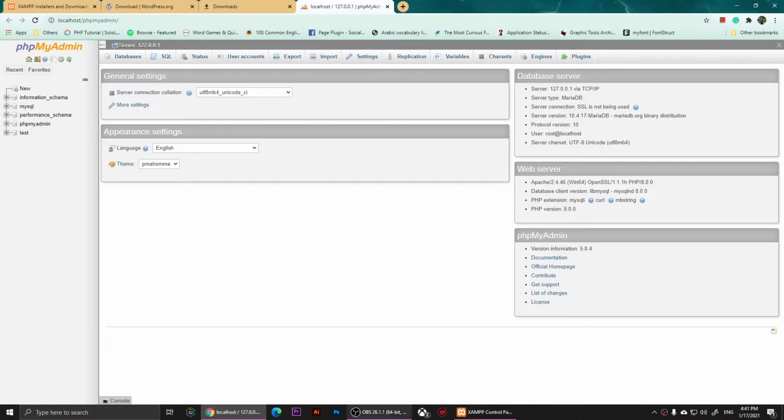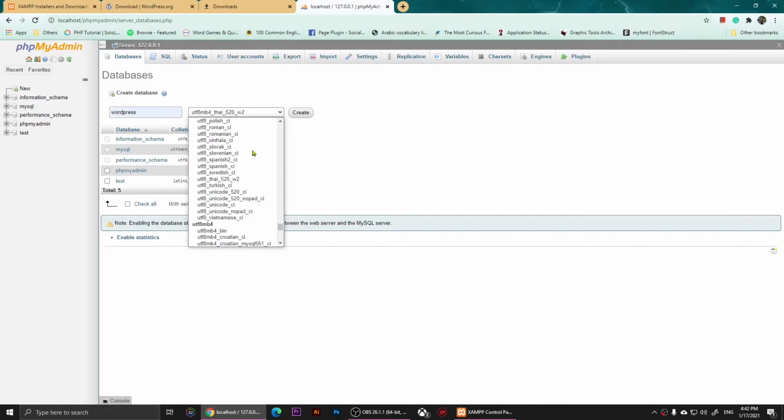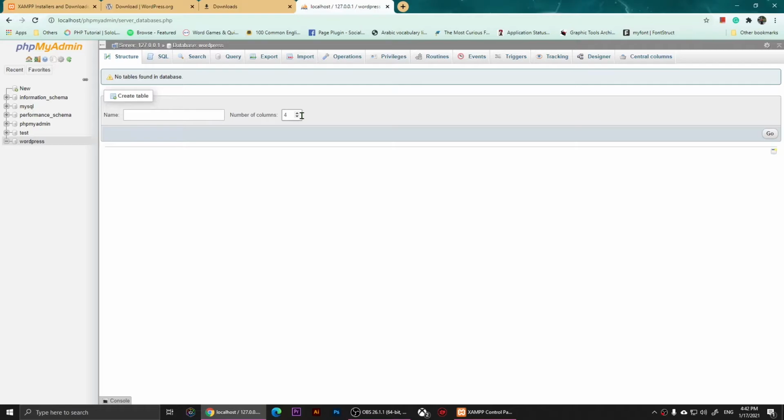and when I do this, you'll notice that I'll have the databases here. So just one click on databases at the top right here, then just add WordPress here. So just type in WordPress and then change this to UTF-8 bin. So now I'm going to click on create, and once you do that, you will need to close this window,